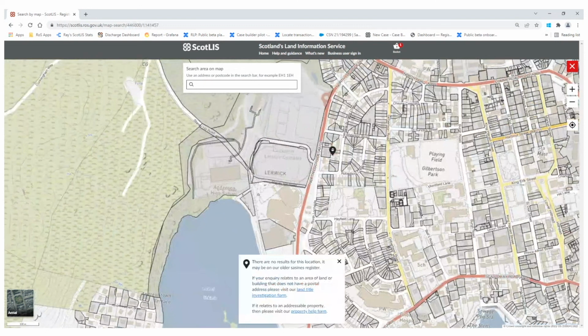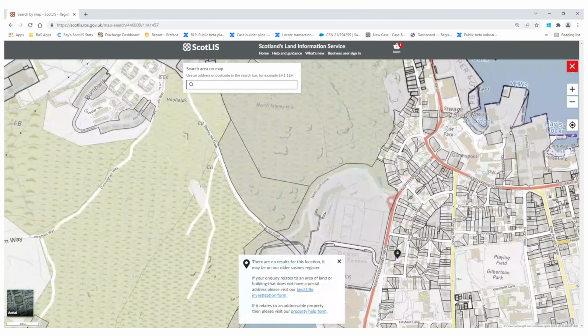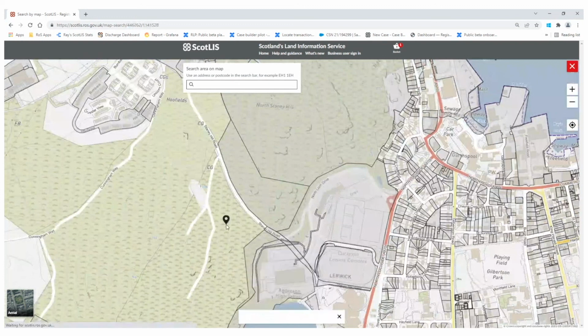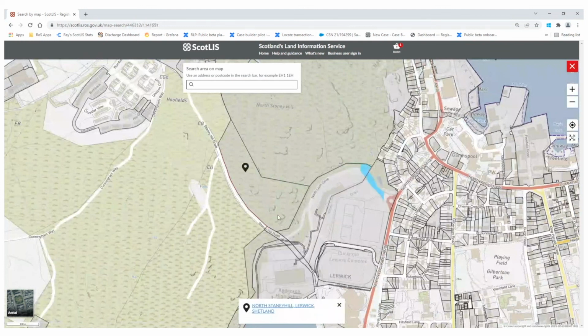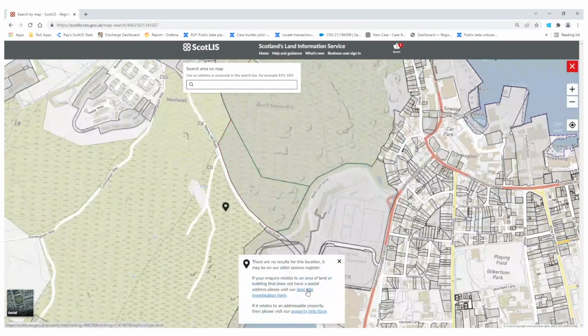However, for this example, say we were looking at a field, and it didn't have any postcodes, any address attached to it, then we would get this come up compared to the field on the right. Whereas if we clicked on that, we'd be able to click through that and get our property information. So what happens when we click on this one? Well, we don't know the address, we don't know the postcodes, then we would just click on the land title